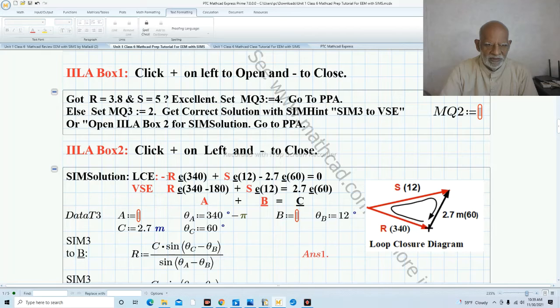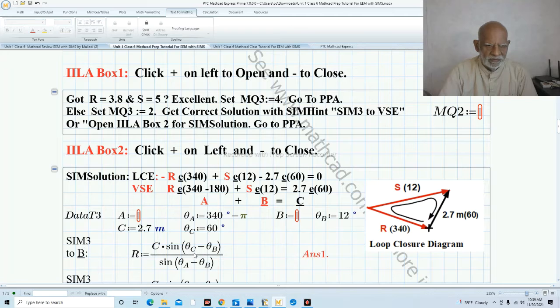So we convert minus R into R, therefore add 180 and C as it is. And then here we don't have, minus becomes plus here. So this is the standard form, and we have entered the data. Okay, making sure that we had minus pi here instead of 180 degrees, and we discussed that already in previous ones.